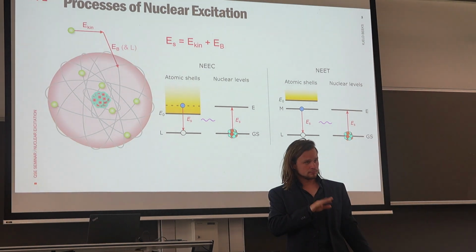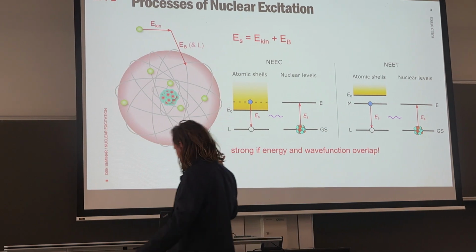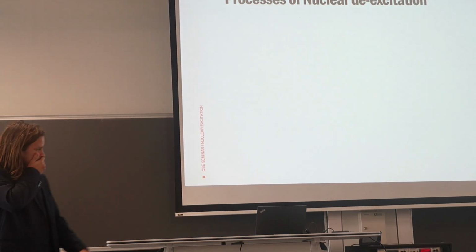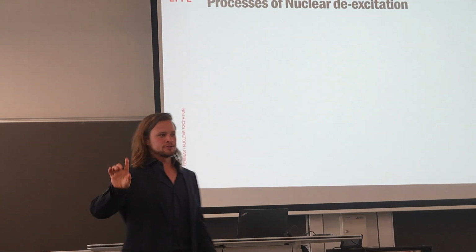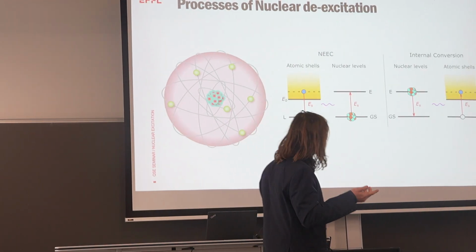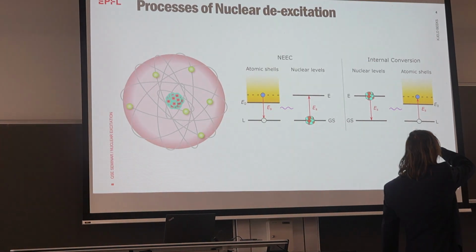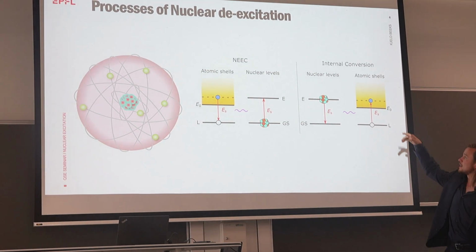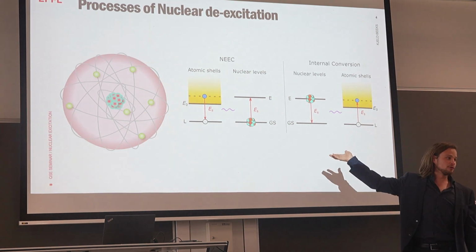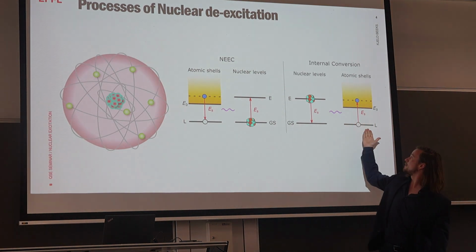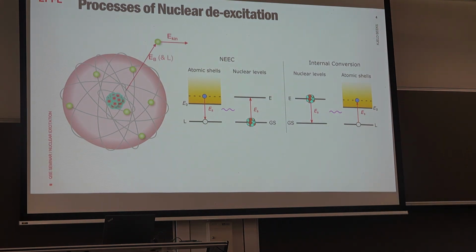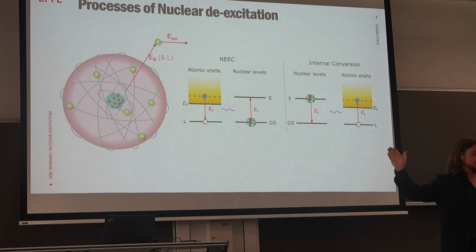And yeah, so basically, like I said, it's strong if energy and wave function overlap, but this is just a resonance argument in that sense. But of course, the inverse process can also happen, right? So again, if we have this nucleus and we have NEAK as an example, the opposite, the time reversal, is called internal conversion in the case of nuclei. So basically, if I have managed to excite my nucleus, it can actually de-excite by throwing an electron out. This is similar to like Auger electrons, for example, where basically the nucleus will take one of its electrons, usually an inner electron, and throws it out with some kinetic energy.